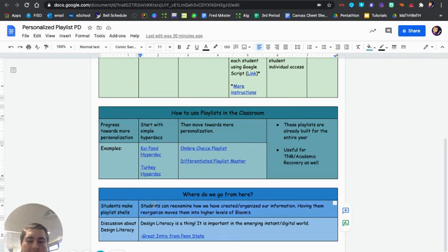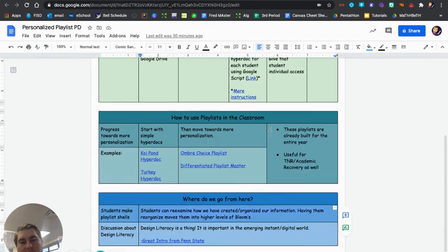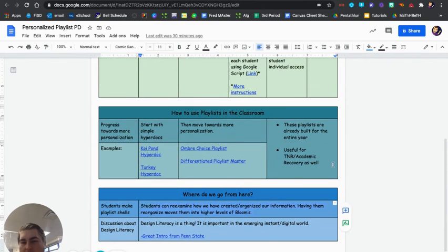That's really exciting. And the other thing that I'm really starting to read about, and I'm really excited about, that HyperDocs give us a really great opportunity for, and playlists give us a good opportunity for, is design literacy. So a lot of mine, they're kind of cutesy, like the koi pond, or like this is color coordinated and ombre. But that's important. I think we're starting to see in this digital world, and COVID has just brought it to the forefront, that students not only have to know material and know how to present truthfully, but they have to present